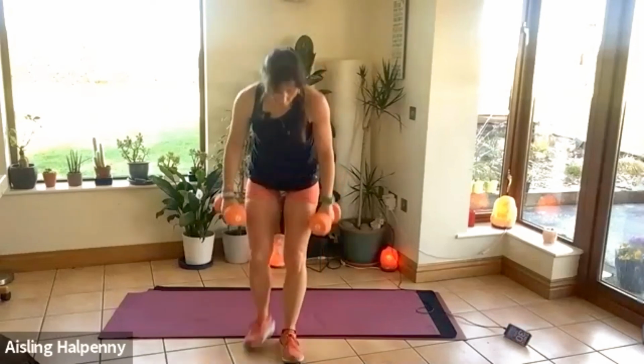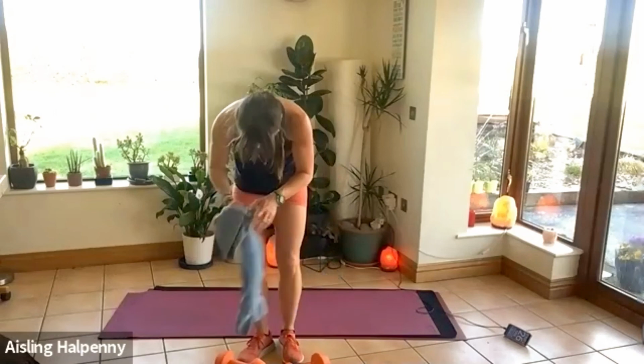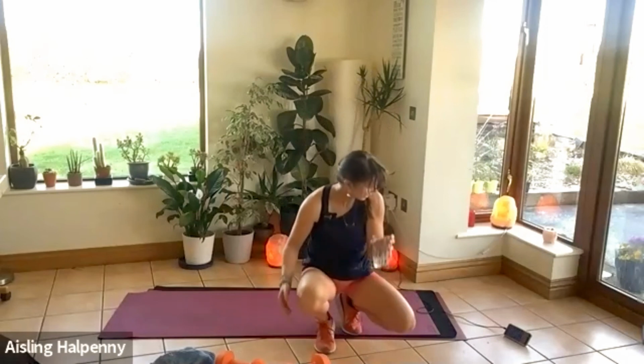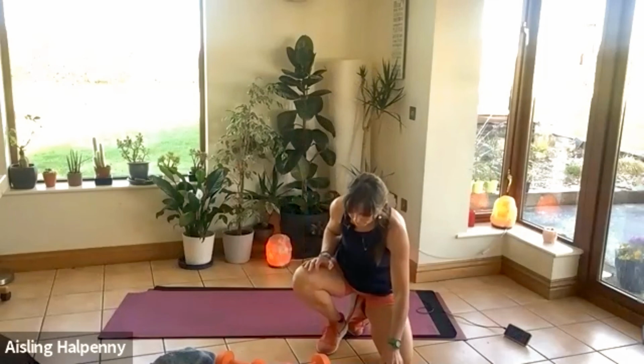Great. Okay, 30-second interval rest. Grab a drink, and we're going to come onto the back. So we have 4 cores and 30 seconds, 45 seconds each. First one